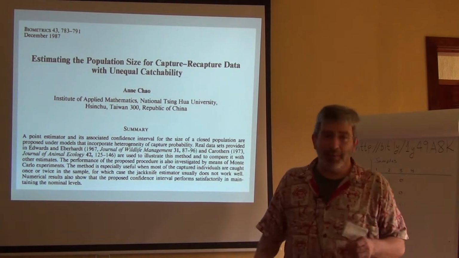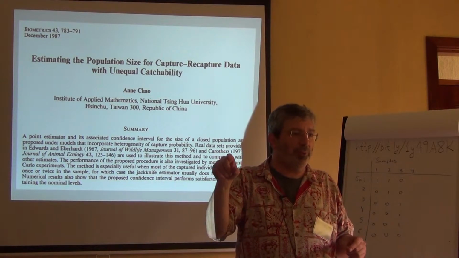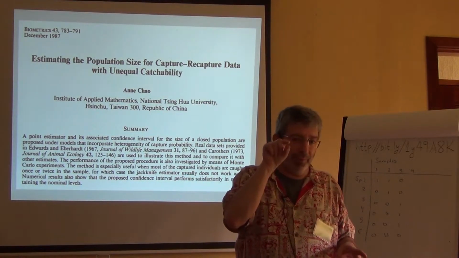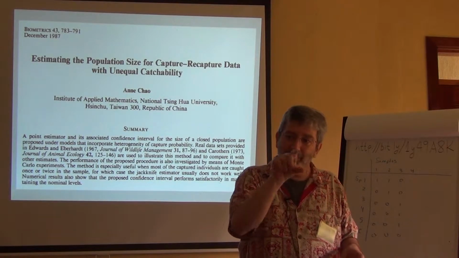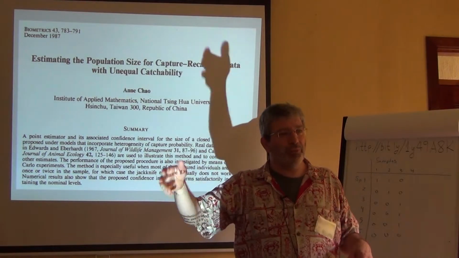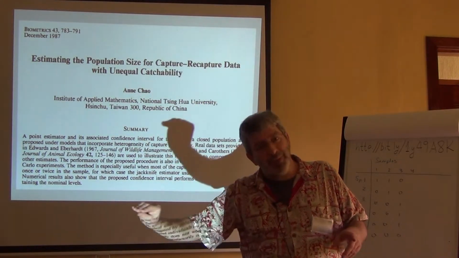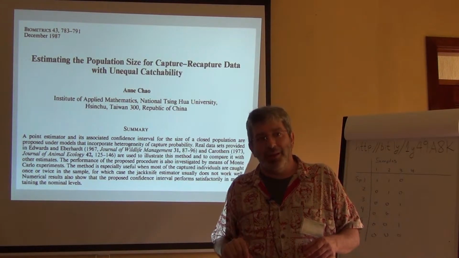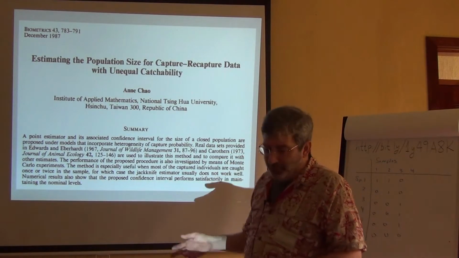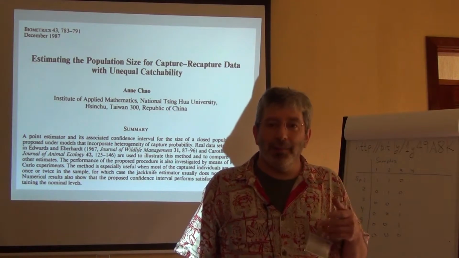And she's a very, very competent mathematician. She was able to show that the contributions to that number are greatest from the number of species detected once and the number of species detected twice. But the number of species detected 3 times and 4 times and 5 and more and more was a diminishing contribution. And so Chao produced some very simple equations, those equations that I put up yesterday, that basically